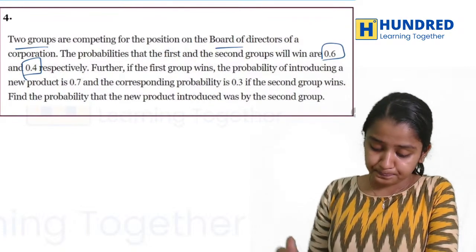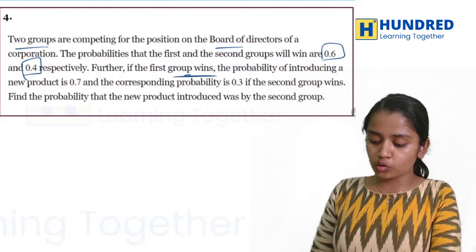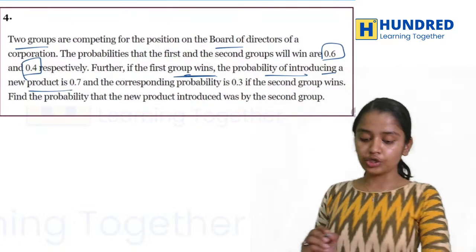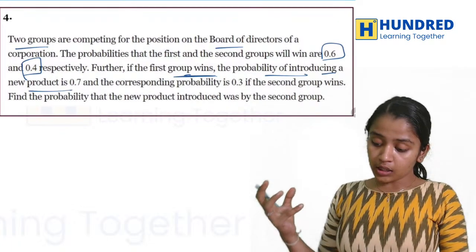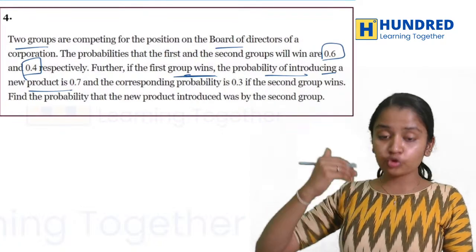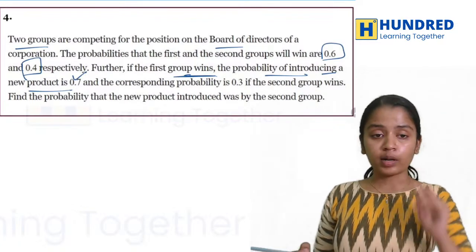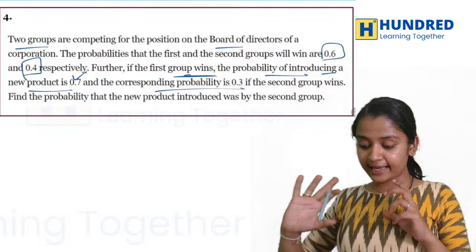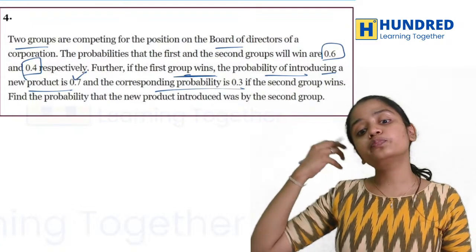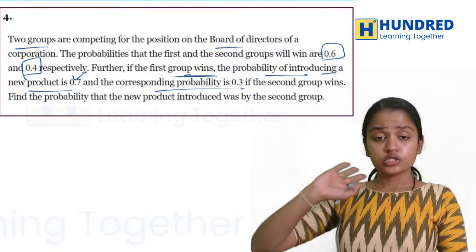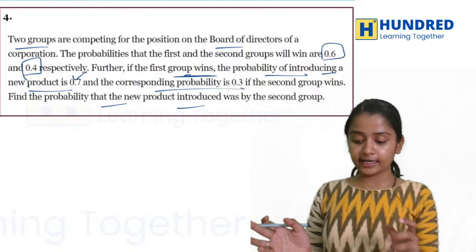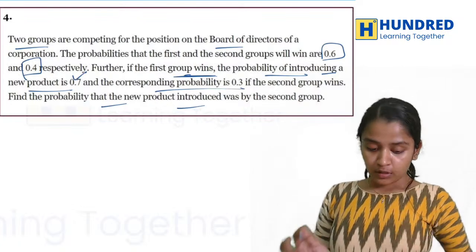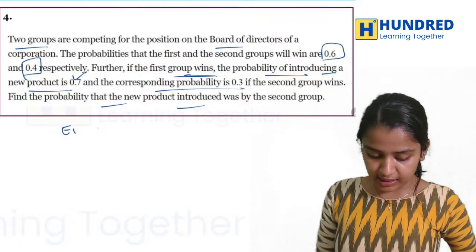Okay, now further if the first group wins, the probability of introducing a new product is 0.7. The corresponding probability, if the second group wins, of introducing a new product is 0.3. You have to find the probability of getting the new product given the group. Okay, so basically I'm writing E1 as